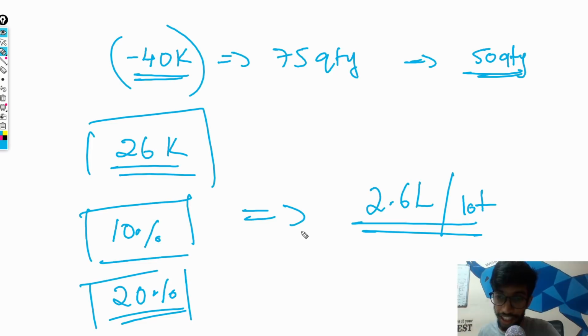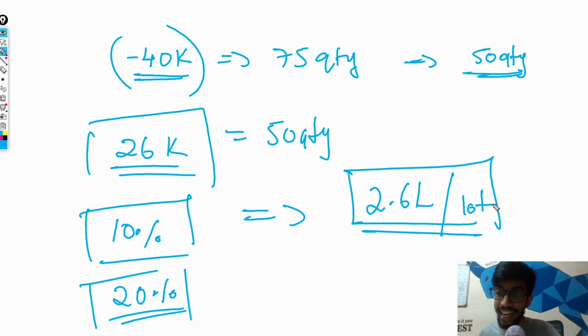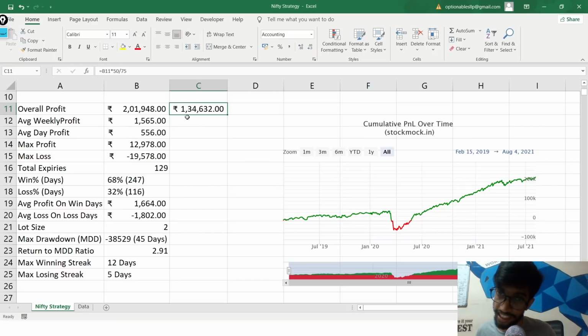If you're a conservative investor, we would still recommend going ahead with 10% as your max drawdown. So 26,000 is your adjusted drawdown for 50 quantity, and we would recommend going ahead with 2.5 lakh. Even though it's 2.6, you can still go ahead with 2.5 lakh per lot. If you're a little more risk taking, then you can definitely go ahead with something like 1.75 lakh per lot, which is a very decent return, 60% in 3 years without compounding. Your max risk is just somewhere around 10%, whereas you have got a return of somewhere close to 60%, which is a very decent return.